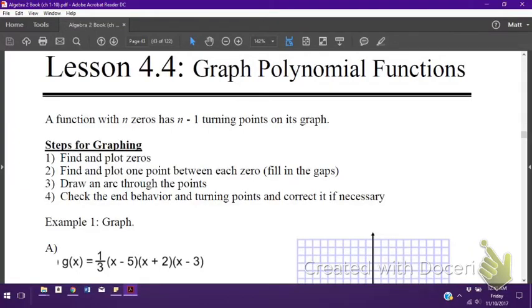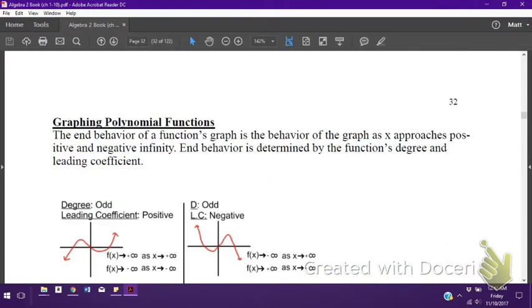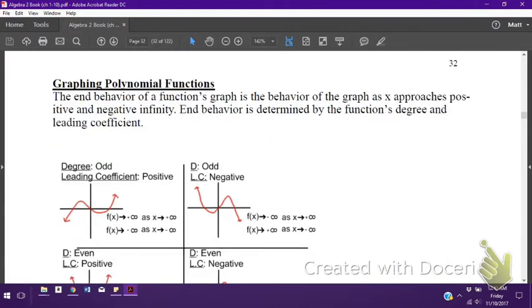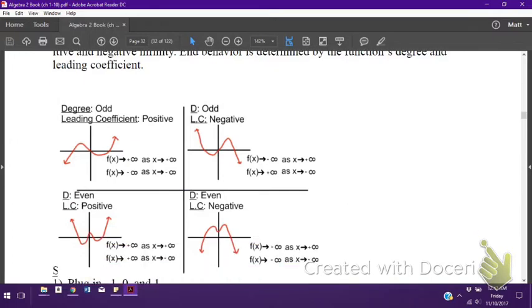Right, this video cast is over lesson 4.4, graphing polynomial functions. Before we begin though, I do want to ask you to find your section 3.3 notes. And when you go to section 3.3, how about 3.2? There's going to be that page where we looked at graphing polynomial functions, and we had this